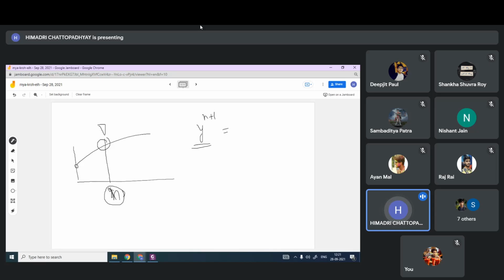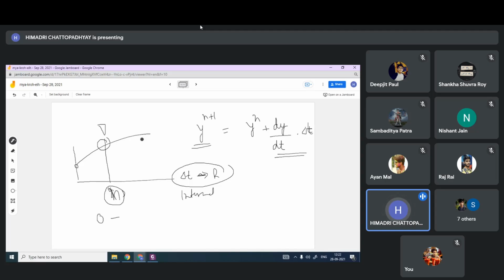So you will get the new value, y at n plus 1, as yn plus dy/dt multiplied by delta t. This delta t is very intuitive. This delta t, we are calling as h. So the interval,